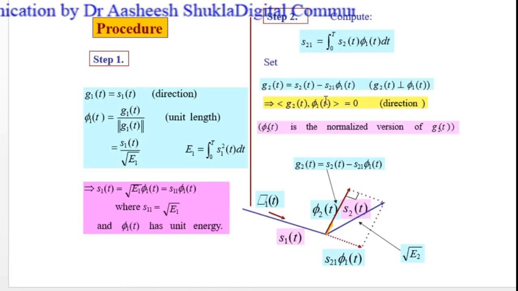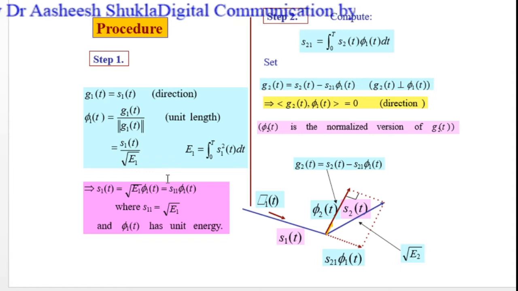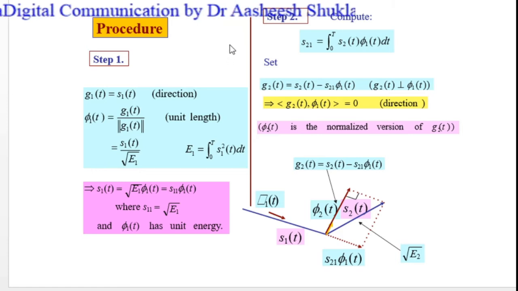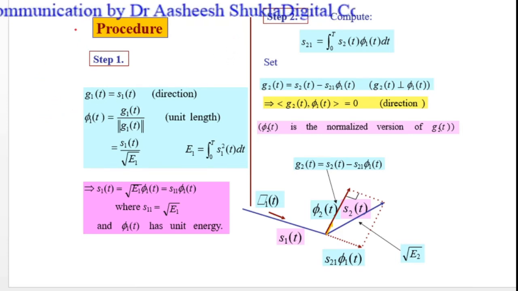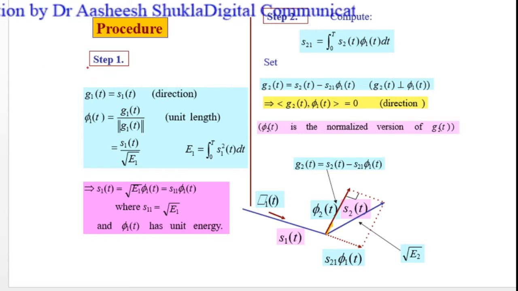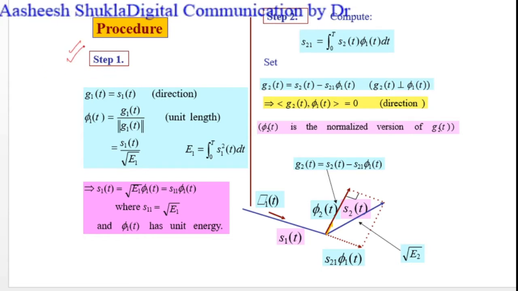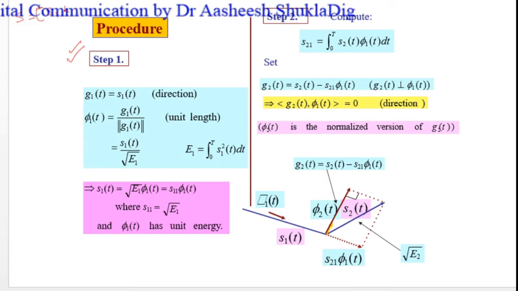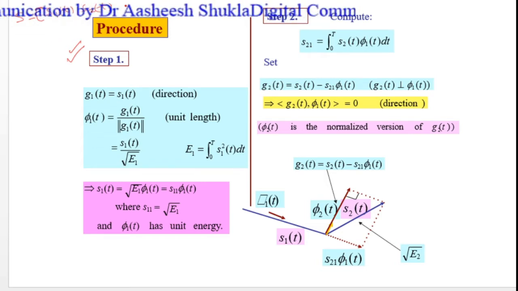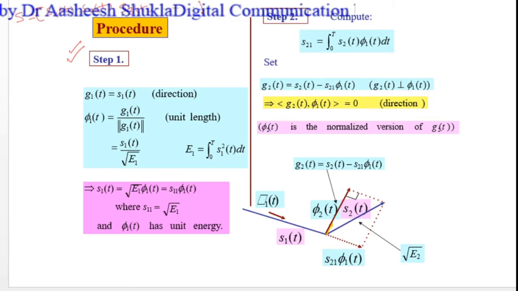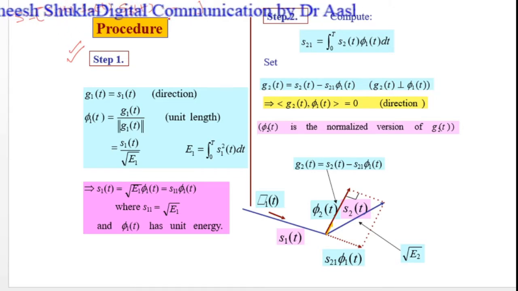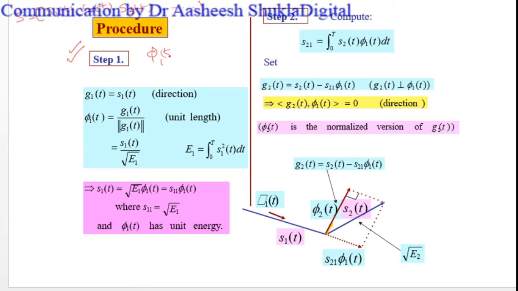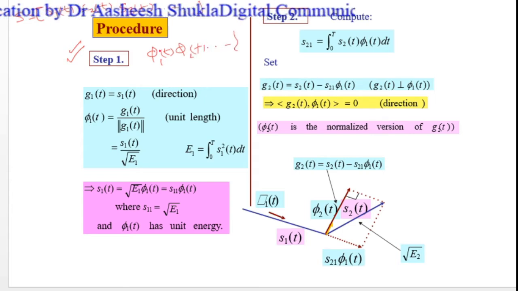Now, if we want to see how we can calculate all these things, then we have to see this procedure, and we have to follow this procedure. You can say that the procedure can be elaborated in the form of steps. So, for example, this is step 1, and again I am saying that you should first write S1(t), S2(t), S3(t), and so on. This is your given vector set, right? And what we have to do is find phi 1(t), phi 2(t), and so on. This we have to find out.